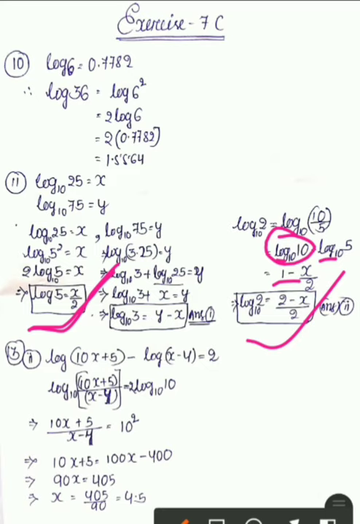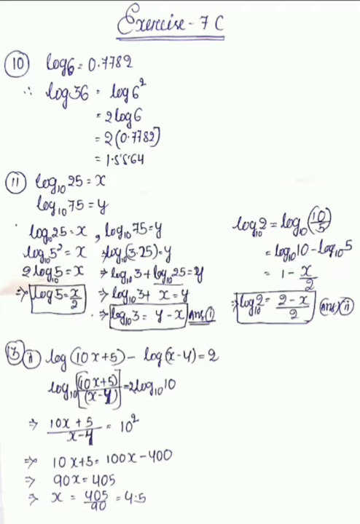Now let's go to question number 13. What is the question? Just see. The question is given, solve the equation. Two equations are given. I have done number 2 for you. Log of 10x plus 5 minus log of x minus 4 is equal to 2. So students, here you can use the quotient law. 10x plus 5 whole by x minus 4 is equal to 2 is given. The 2 you can write as 2 log of 10 to the base 10, because log of 10 to the base 10, already you know, the value is 1. That means 2 into 1 is equal to 2.